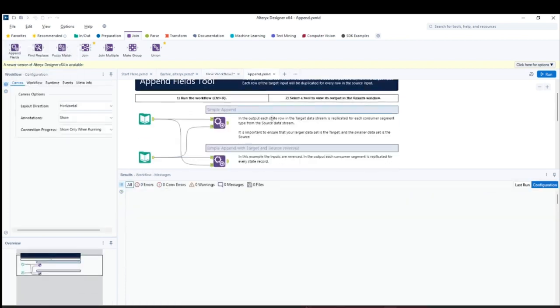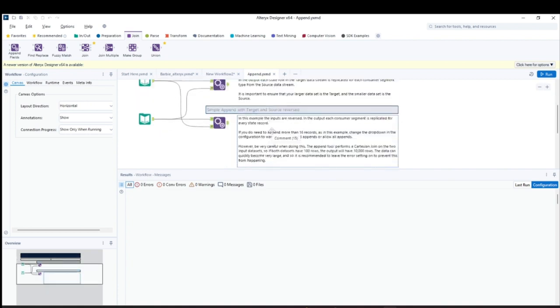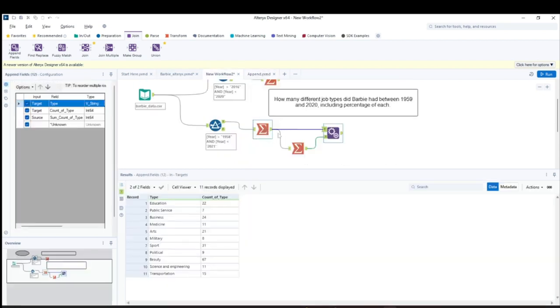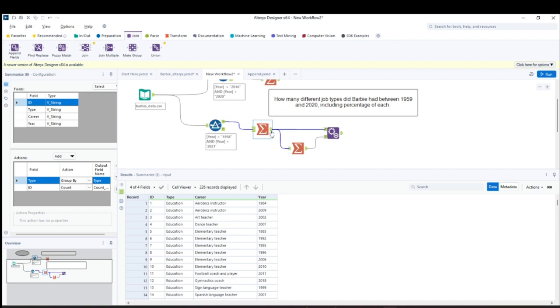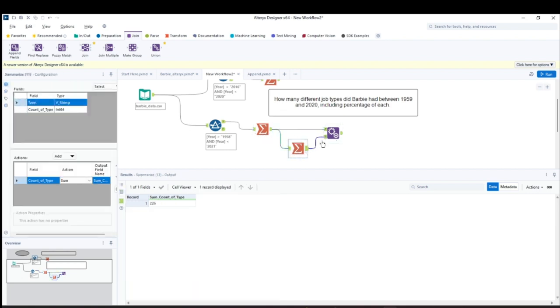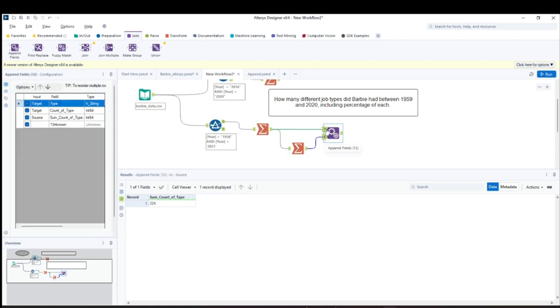This open example will tell you a little detail about how to use these append fields, what to concatenate or join the anchors. So I'll tell you the basic things. This is the target, this is the source anchor. The target anchor should have the larger data and the source anchor should get the lesser data, right? So that's what we have done.